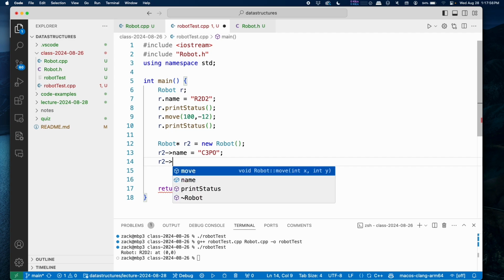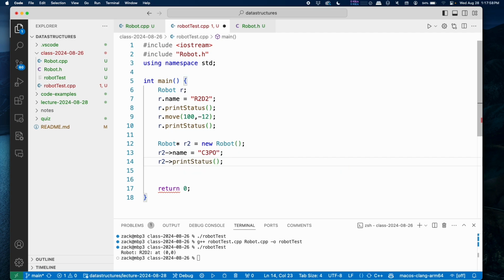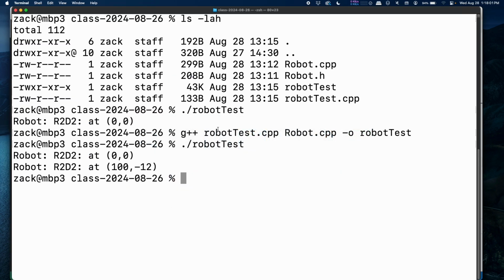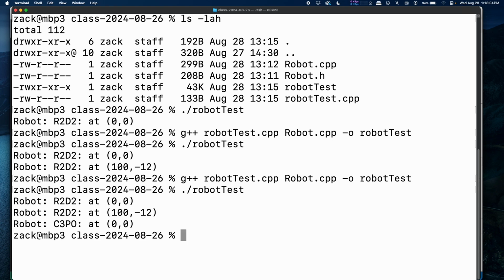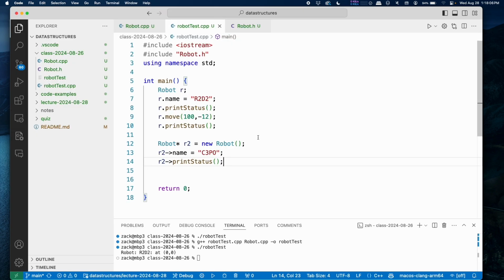All right, so we'll print this one as well. And let's just make sure that works. Okay, so that's working. Does anybody remember the difference here between doing it with this pointer and the new keyword and then doing it just the other way at the top there? So it's a little bit weird, and it's a C++ thing. The difference in what's going on here is how the memory gets managed, and this will be really important